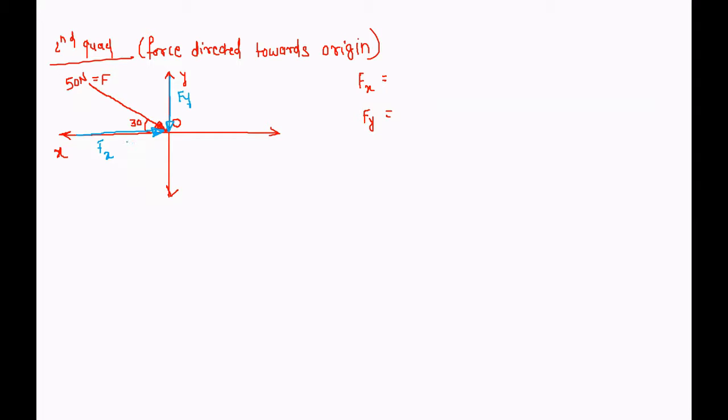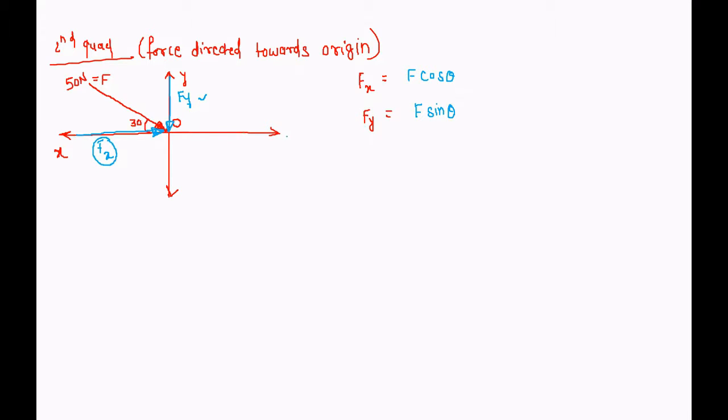Okay. So as the x component is adjacent to this angle, that is 30 degree, your Fx value will be cos, and Fy will become the opposite component, so we will take Fy as a sine. So I will write here Fx is equal to F cos theta, and your Fy will become F sine theta. Okay. Now we have to decide the direction, whether Fx is positive or negative and Fy is positive or negative.